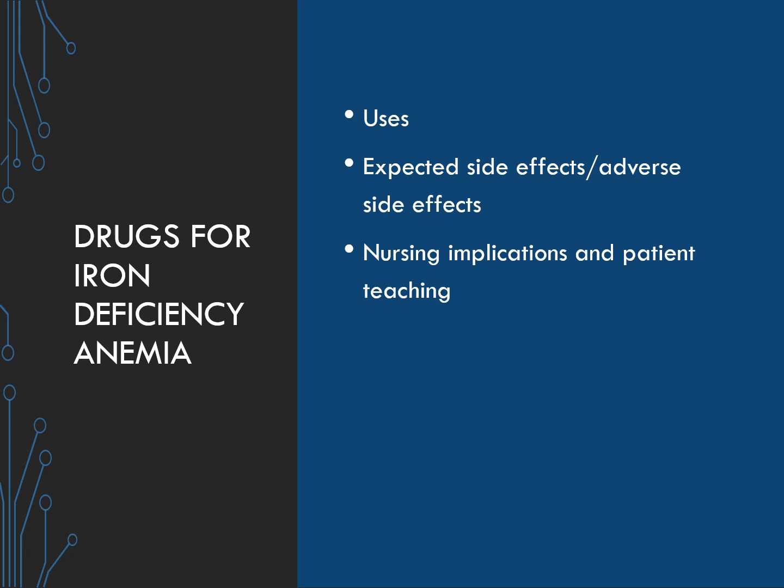Iron dextran is another form of the iron mineral that is essential for many body functions, especially the transportation of oxygen in the blood. Iron dextran is given by slow IV infusion or by IM injection. IM injection should